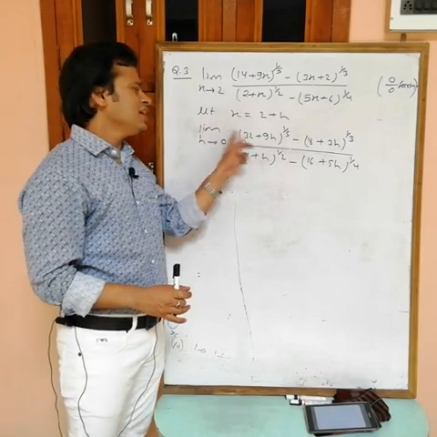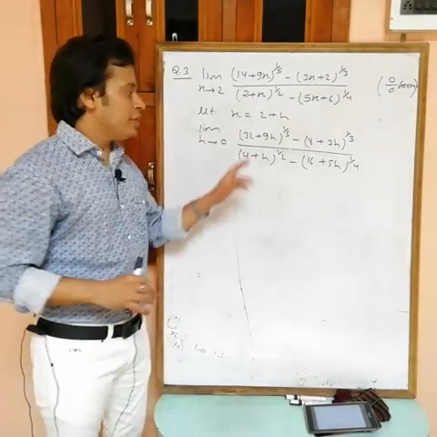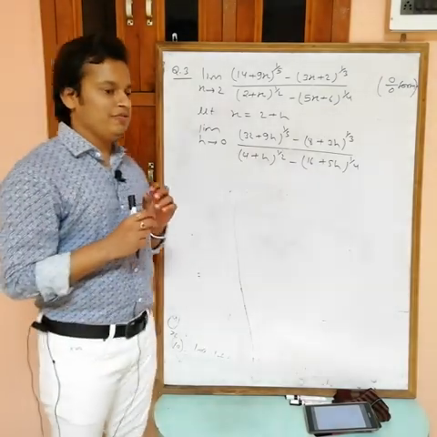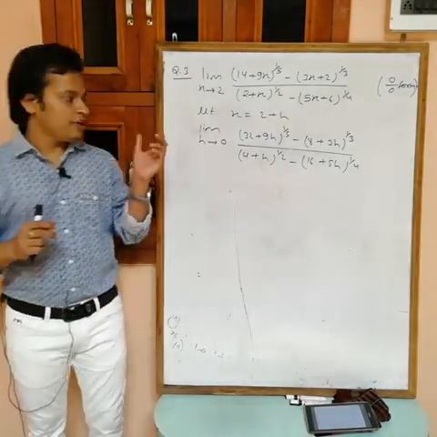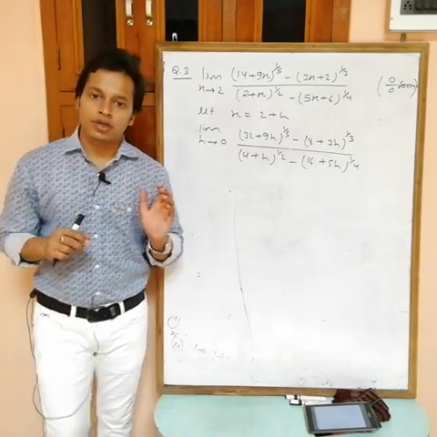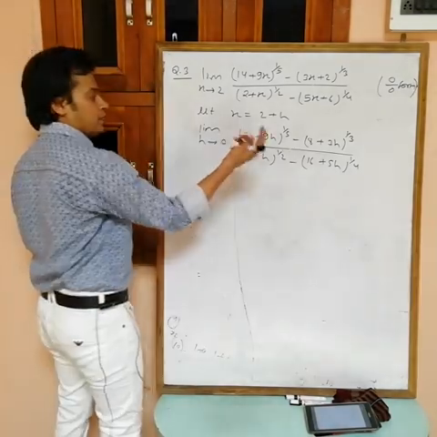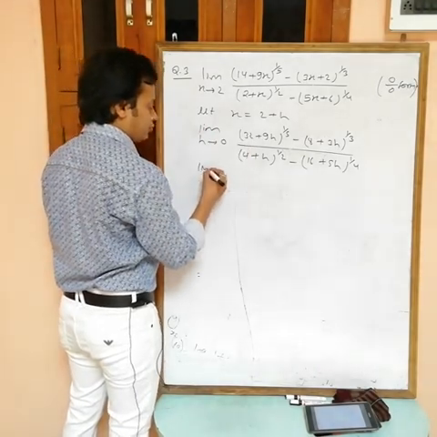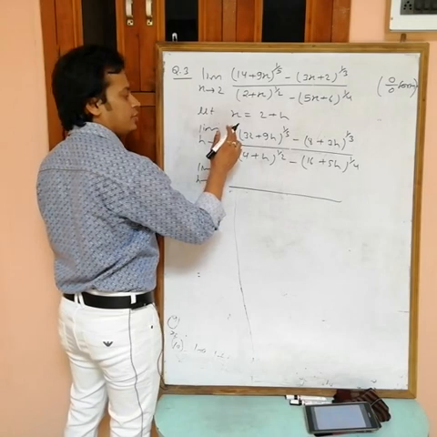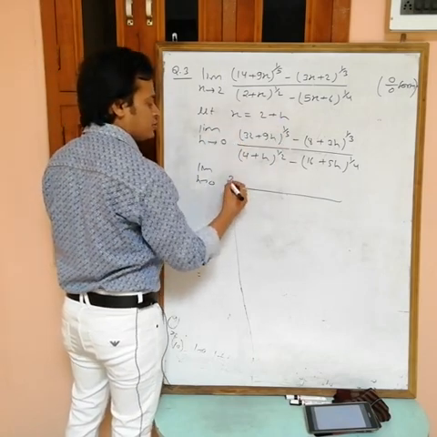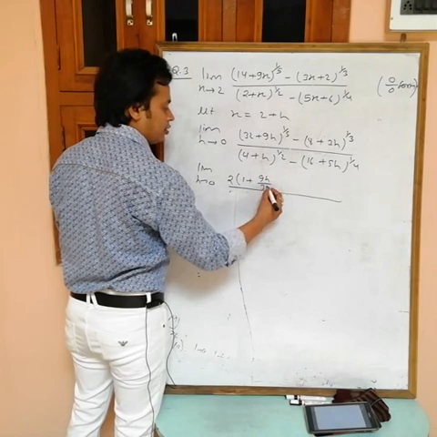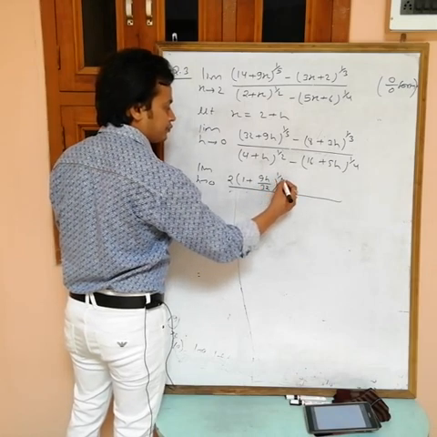Okay. Now I can take common 32. Directly you can't expand now, because to use the expansion we have the condition that we must have the factor in terms of 1 plus x power n. Okay. So 1 plus. So take common 32. If you take common 32, then 32 power 1 by 5 is 2. 1 plus 9h by 32.